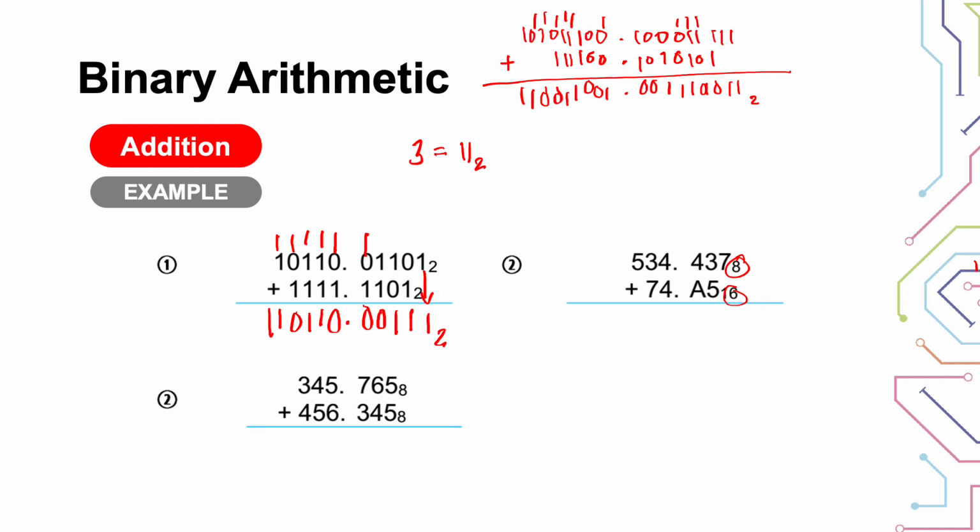So this is group 1. So octal, this is group 1. Then this is group 2. Group 3. Yan. So this is equivalent to 1. This is equivalent to 3, and then this is equivalent to 6. Ito naman, this is equivalent to 1, this is equivalent to 6, and then this is equivalent to 3, and